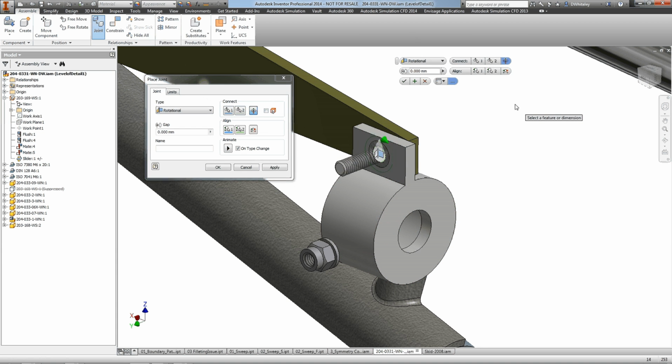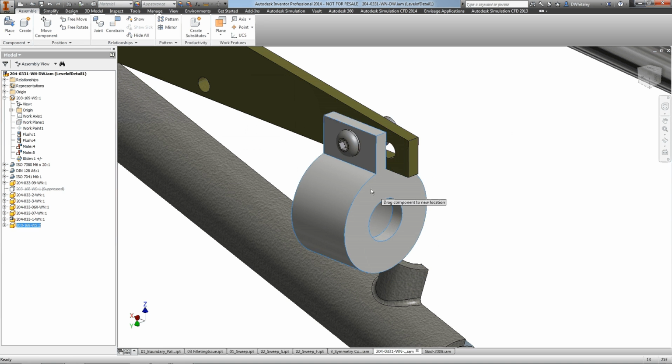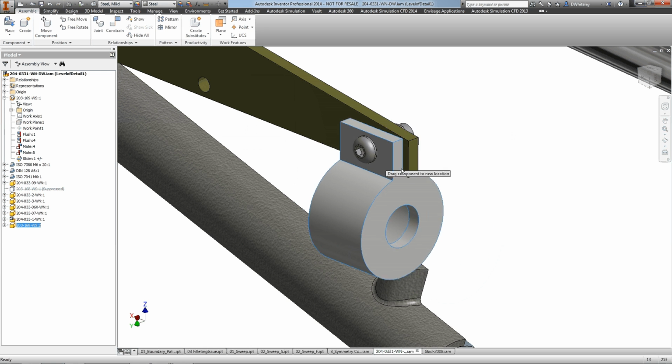Okay, it wants to do a rotational constraint. I'm just going to flick it so it's in the opposite direction. I'm going to change this to a rigid constraint, which is like adding 3 mate constraints in certain instances. That's going to do a rigid constraint. Click on OK. That assembles it together, and as you can see, we can slide the joint, and I haven't